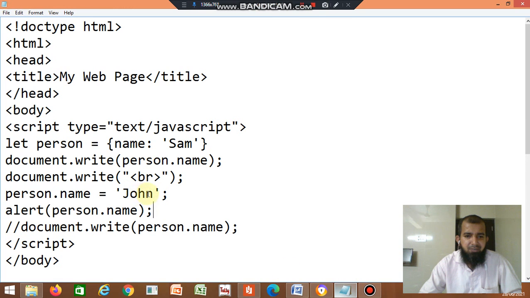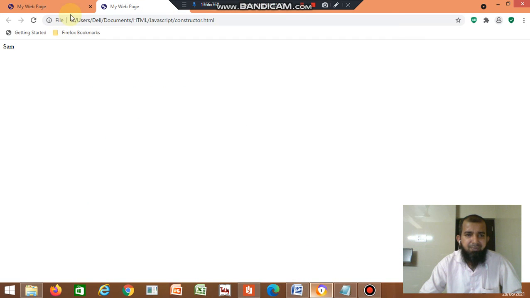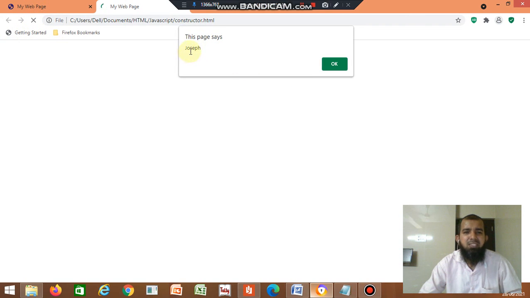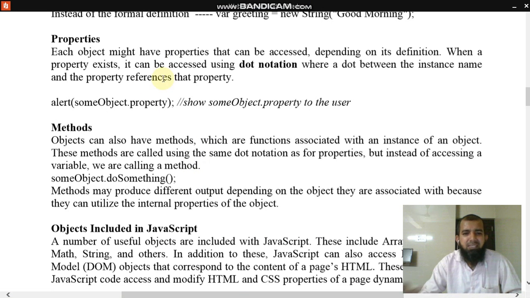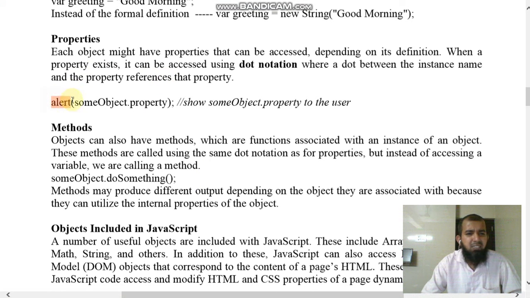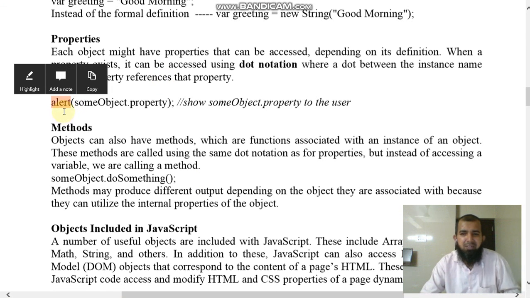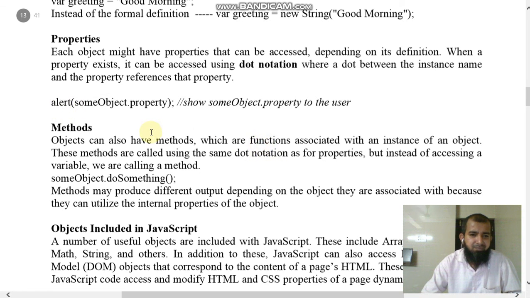If you want to change, you can change. Instead of John, Joseph, and click refresh. One is document.write, which displays on the screen. The other is the alert statement, which displays Joseph. This is how to assign a property. By using alert you can display, and by using document.write you can also display.